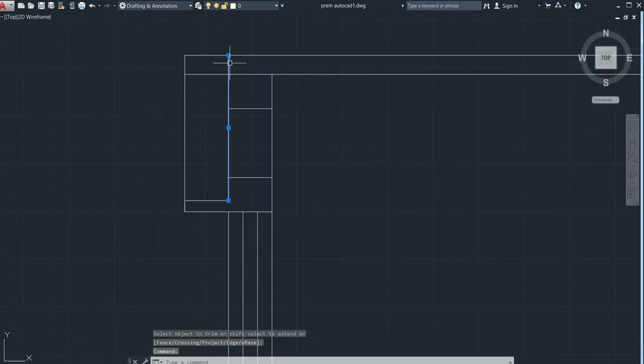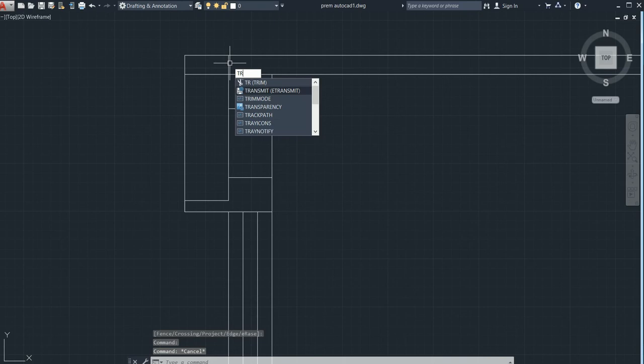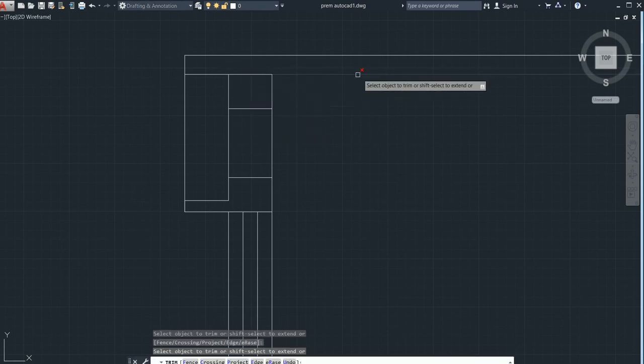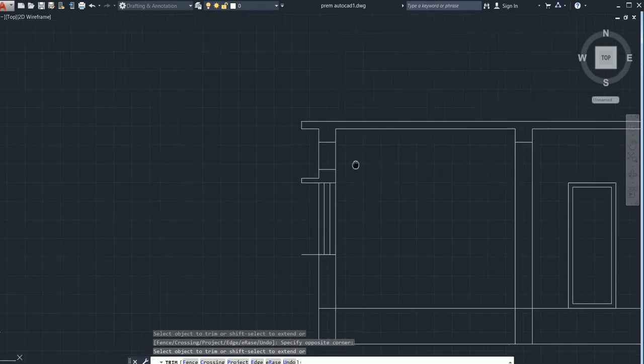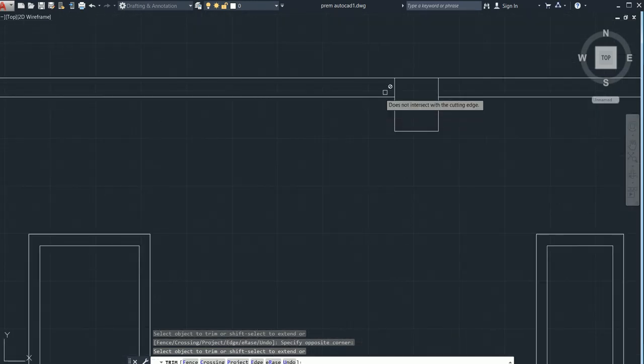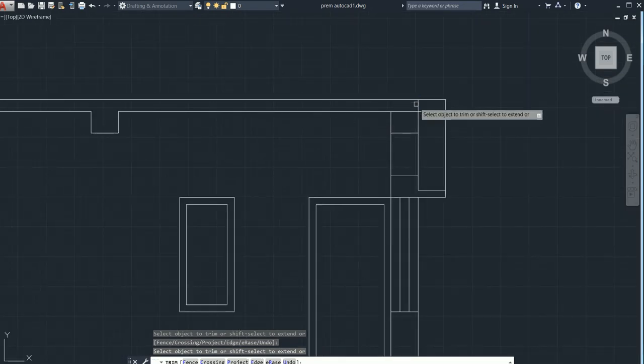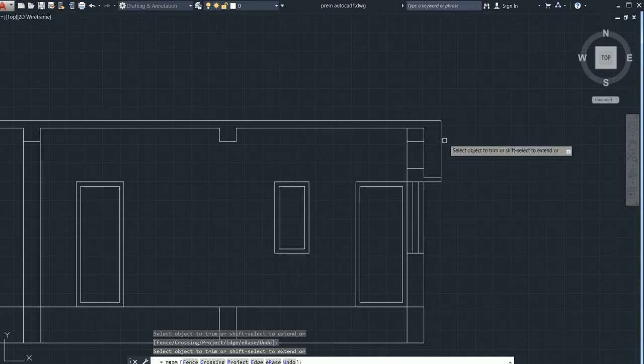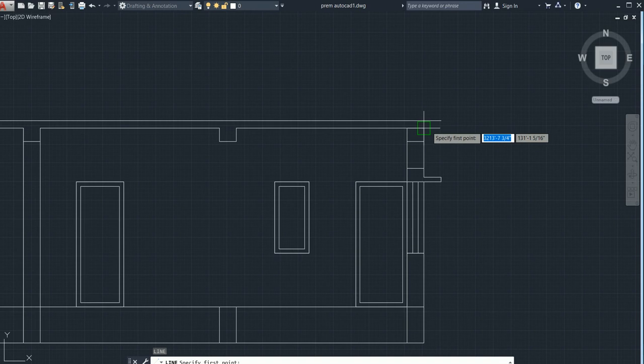Double enter we need to do here. This should not be there in both of these, so we have extended this.